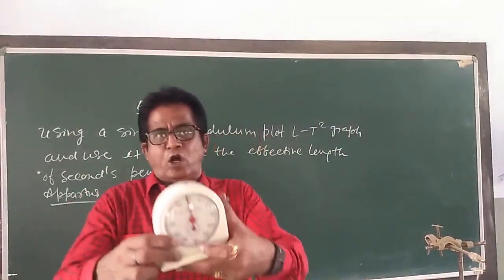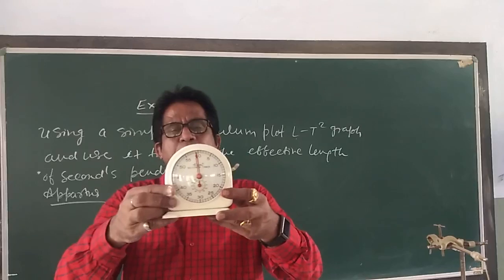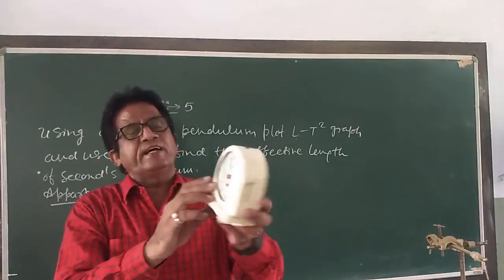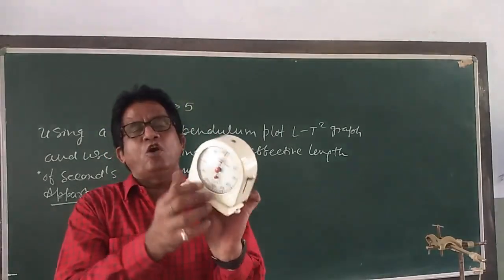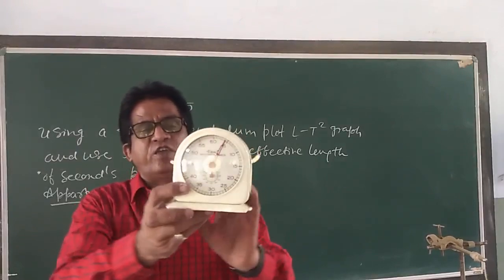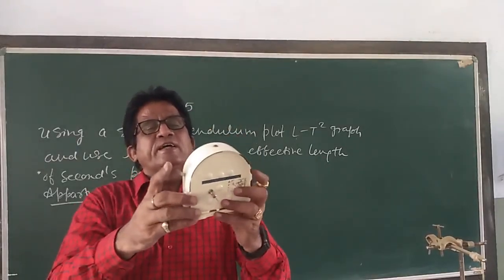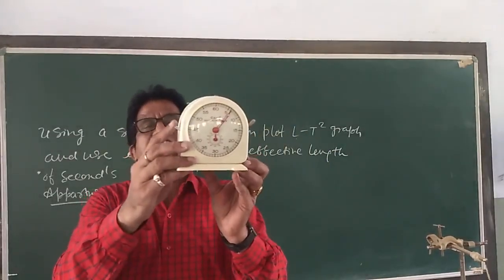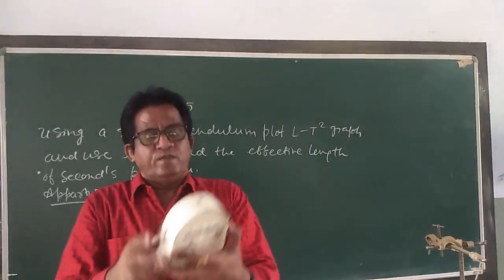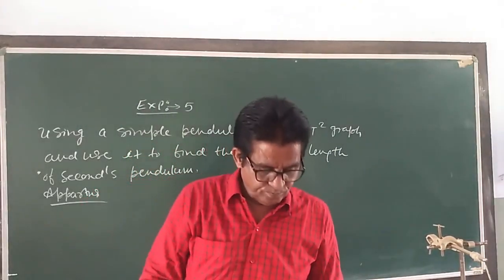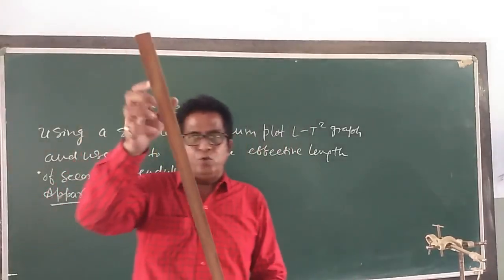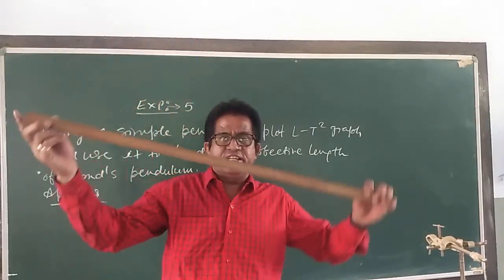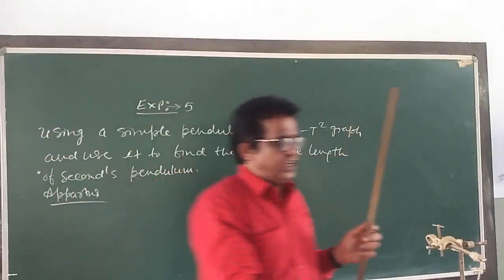Here is a stopwatch by which we measure the time. From this side the watch is on, and again if you want to stop it, you can stop it like this and measure how many seconds there are. And third, to measure the length of this thread, we have to use this 1 meter scale. So these are the main 3 instruments.